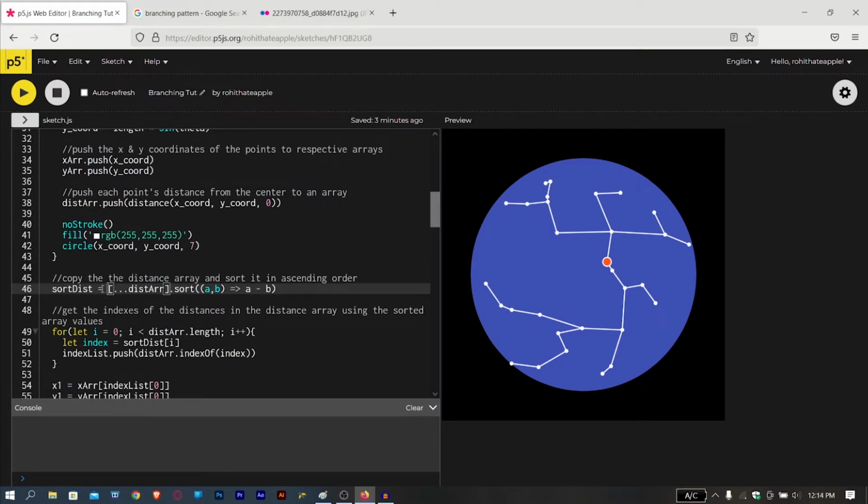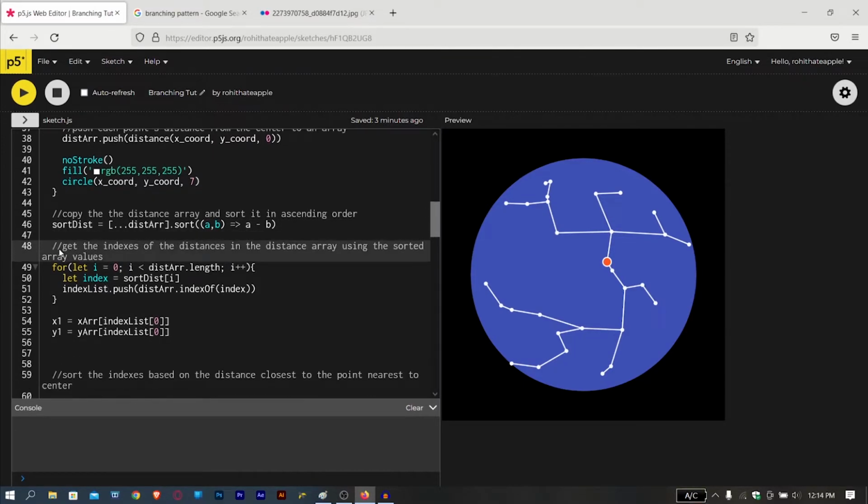I'm going to copy the array first, with 3 dots and distance array dot sort, then sort the copied array from smallest to biggest, which means a, b and a minus b. Once that's done, we have to get the indexes of the distance in the distance array using the sorted array values. So what does that mean? That simply means we're going to take the, I'm going to quickly